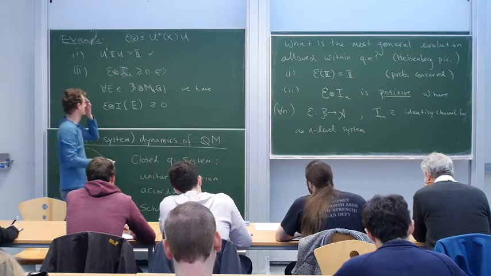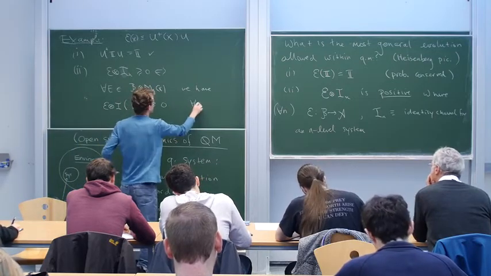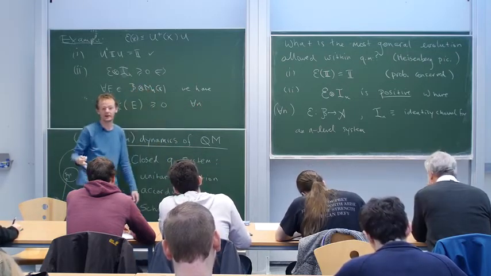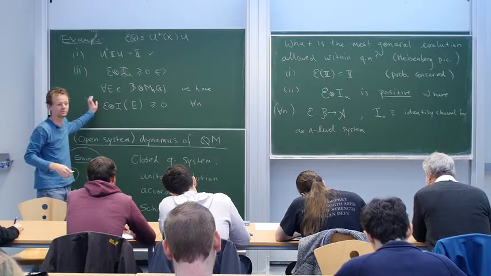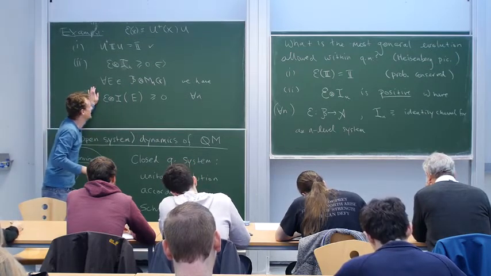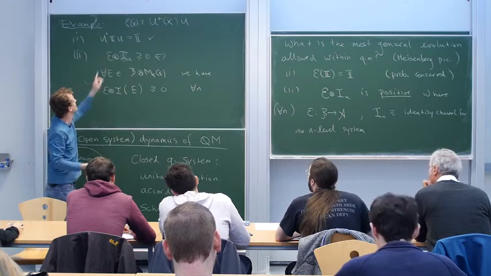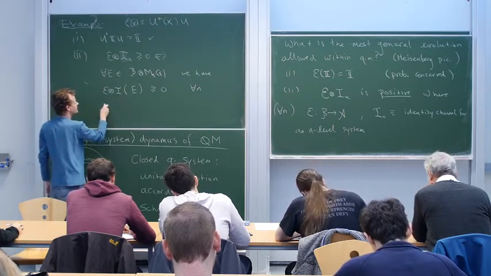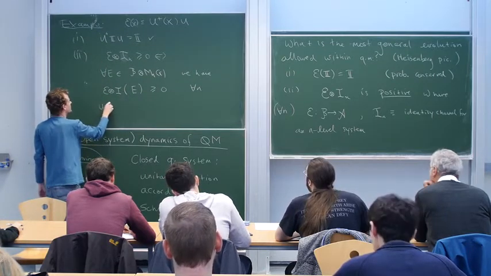That's what the second axiom requires for all n, right? Not just for one n, but for every integer n, for every possible ancillary system you could add in. And let's check, is this the case here? Well, this channel, what does it look like? It looks like